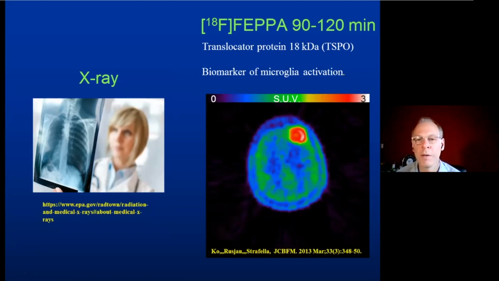Maybe the image can be good to quantify the size of the tumor. However, we were interested in studying translocator protein, TSPO, which is a biomarker of microglial activation. And I was not able to determine whether in this tumor there was some neuroinflammatory process going on, because